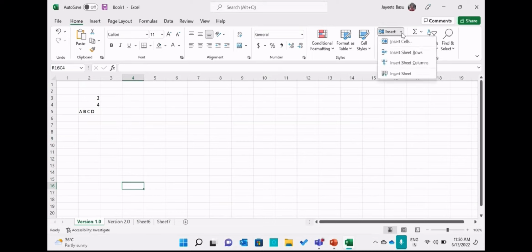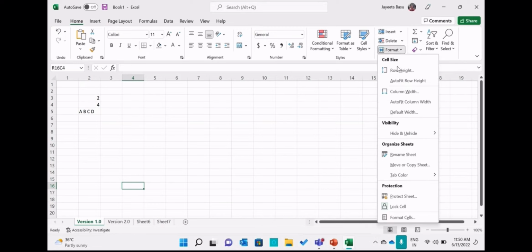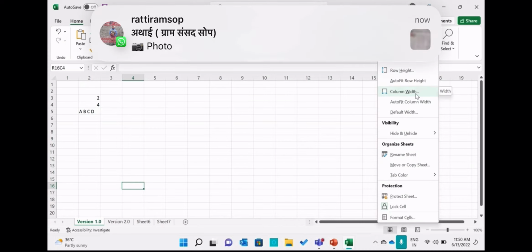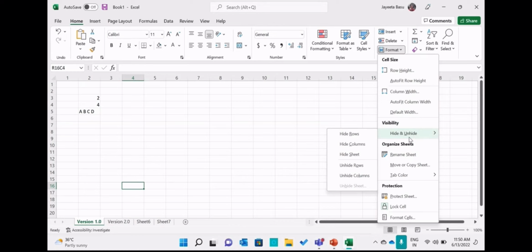Next is inserting cells, sheet rows, columns, etc. You can insert a sheet as well, a worksheet, or you can do it from here as well. Then you have delete, and then you have format. So you can format them as well. You can change the row height, you can check on the column width, you can hide and unhide rows, columns